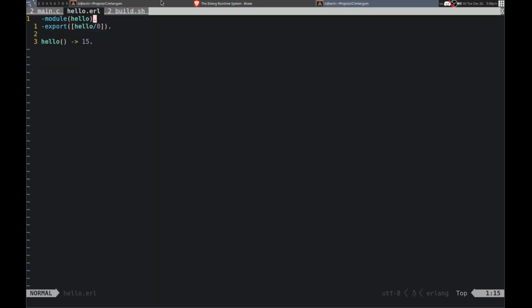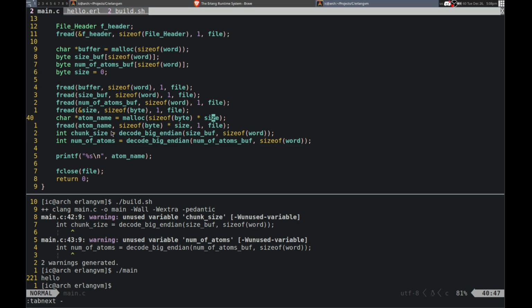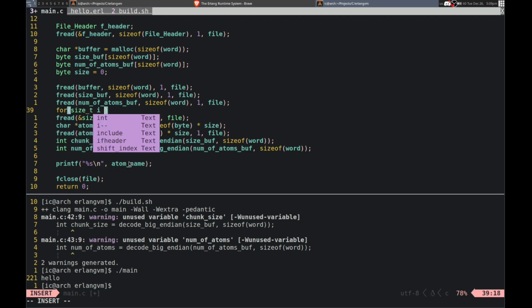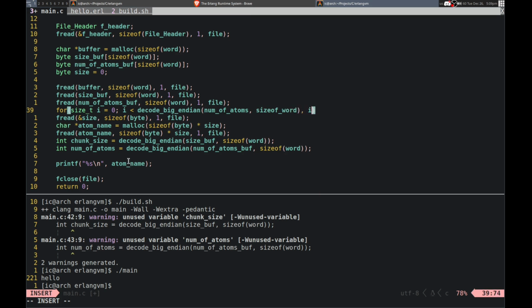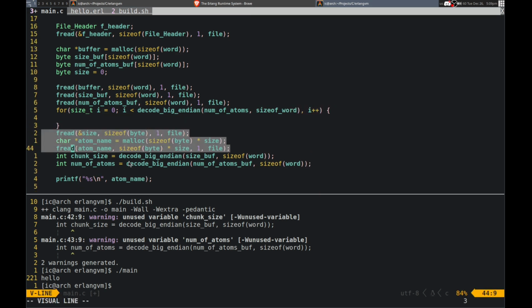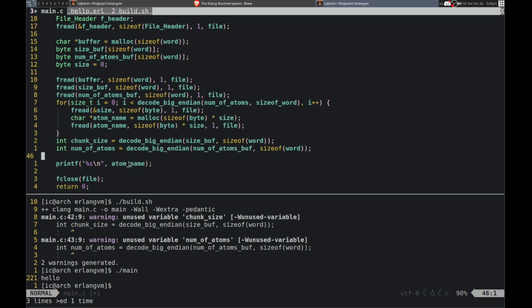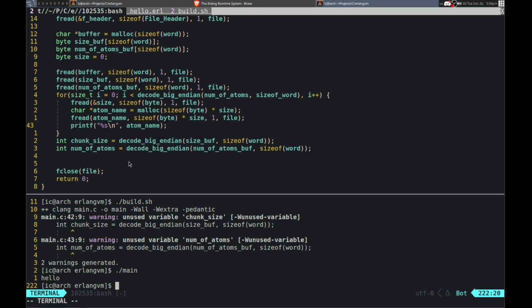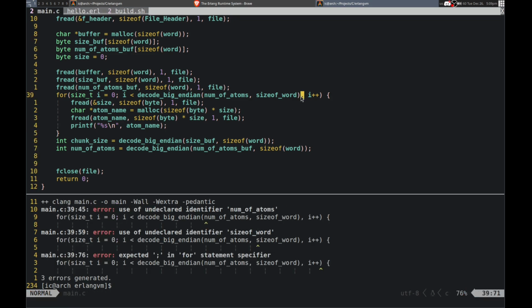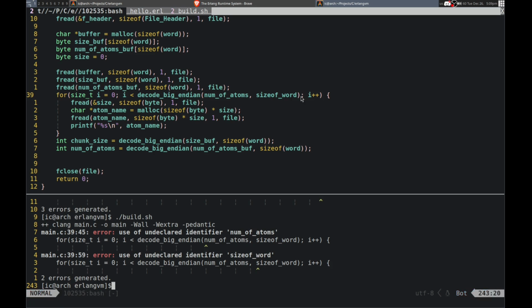But we need to repeat for the number of atoms. So there's actually more atoms, so we basically need to do this in a loop. That's the number of atoms, and I need to actually create a big ending. Okay, just like that, 5 plus 5. And then do this, and then print them all out. It said there was 4 of them, so that should work. That's supposed to be a semicolon. This needs to be like that. There we go.